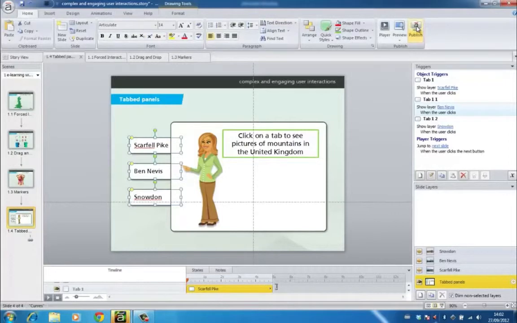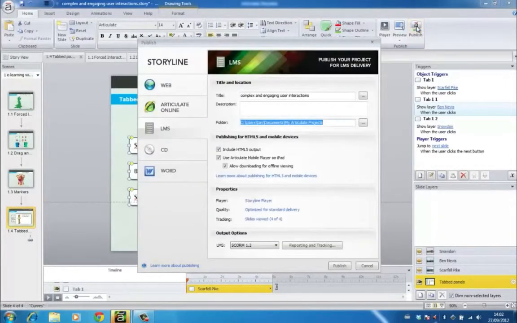So all we need to do is click on the publish option. You can see either we can choose LMS or web as an output option, and you can see it outputs to HTML5, so it will work on any device that has a modern HTML5 supporting web browser. We can also output it to the mobile player on iPad, so you can download a little player piece of software or app